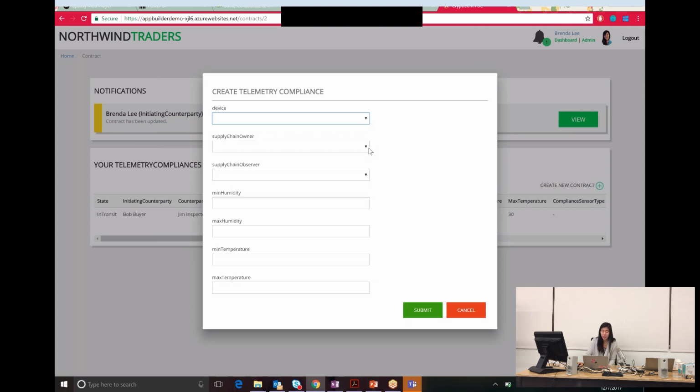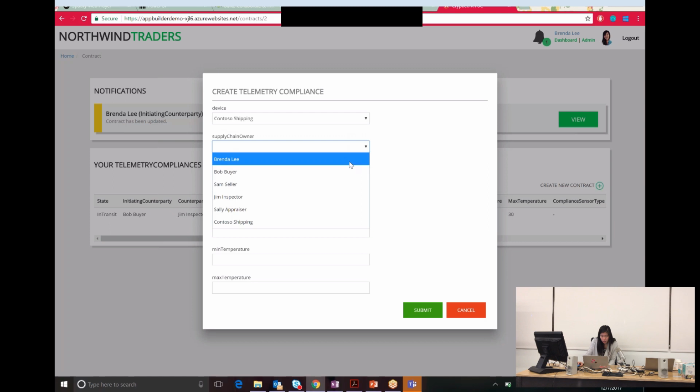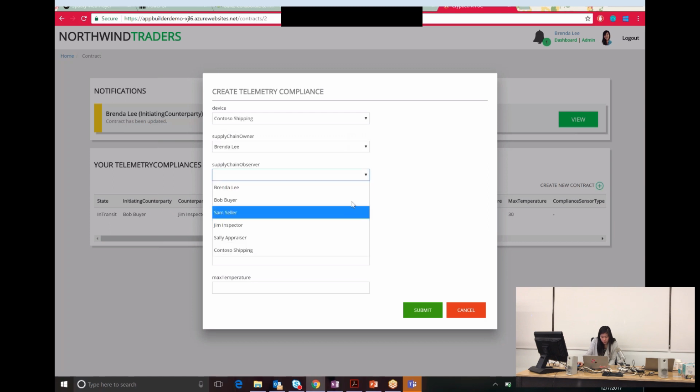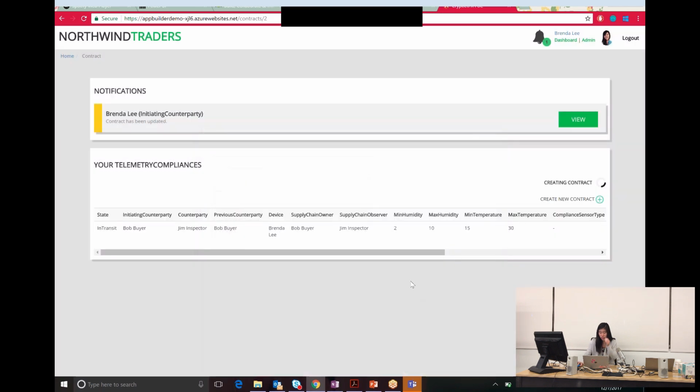you can say what your IoT device is. You can say who's the owner, who's the observer, and put in all your info here, which will basically create a smart contract instance. Just do something simple. And so now after I submit it, you see this creating contract spinner on